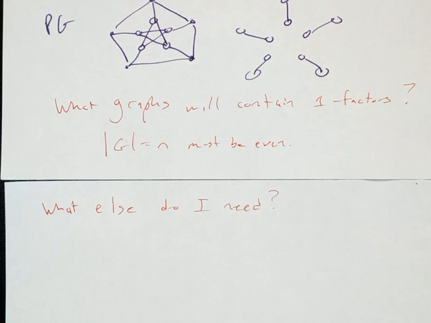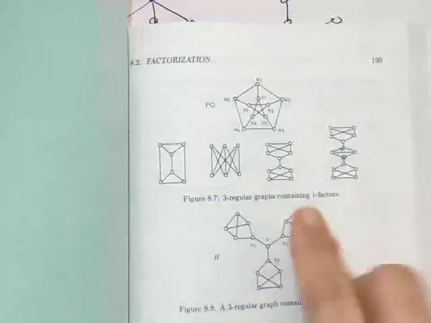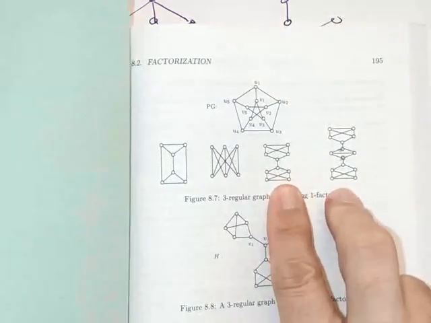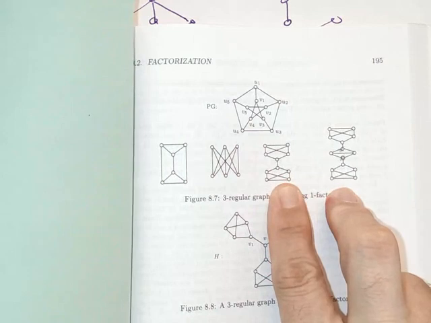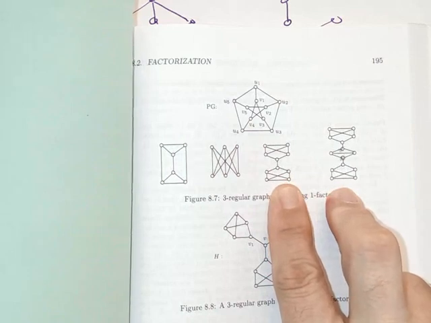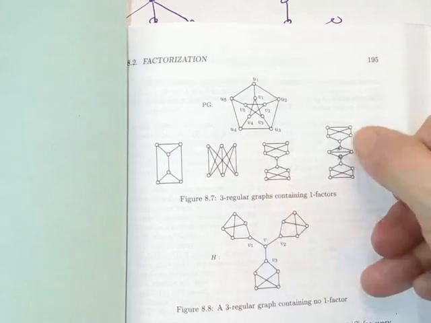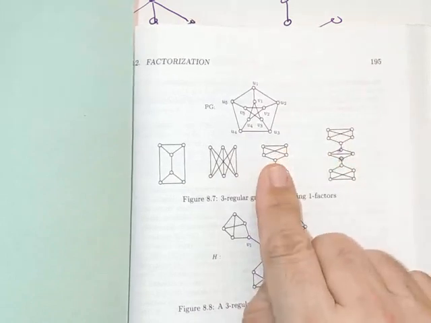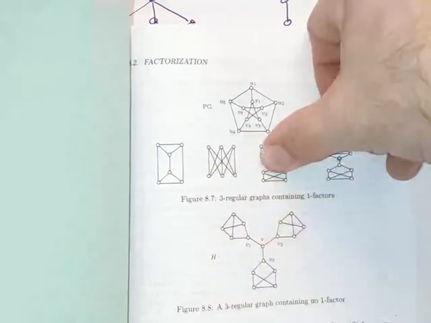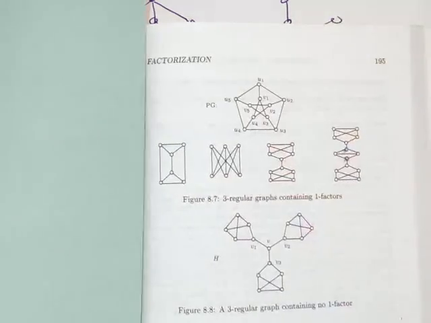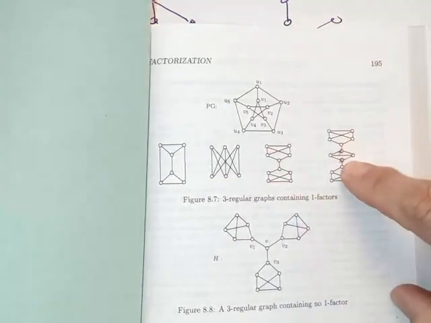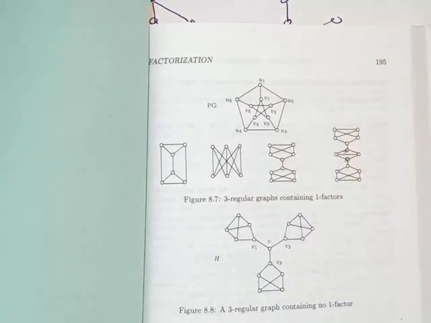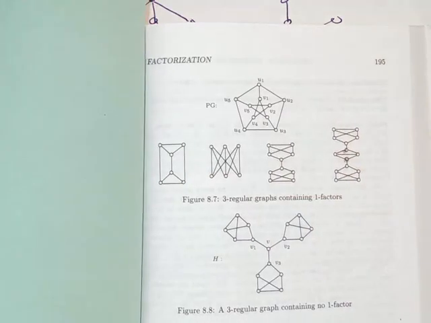Let's go back and look at page 195 at some of the ones on the top of that picture. These graphs have bridges. Since they have bridges, they have cut vertices. But these graphs have one factors. As a matter of fact, here, if I take the bridge, then I've left a subgraph of order 4 on the top and a subgraph of order 4 on the bottom, and that's perfectly fine. If I take the bridge here and the bridge here, same deal, and I've left a subgraph of order 2 in the middle. So all of my